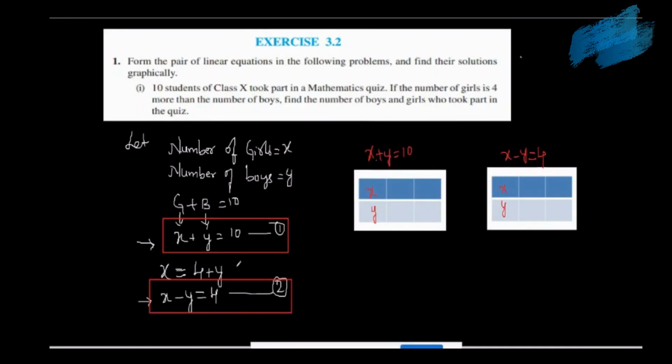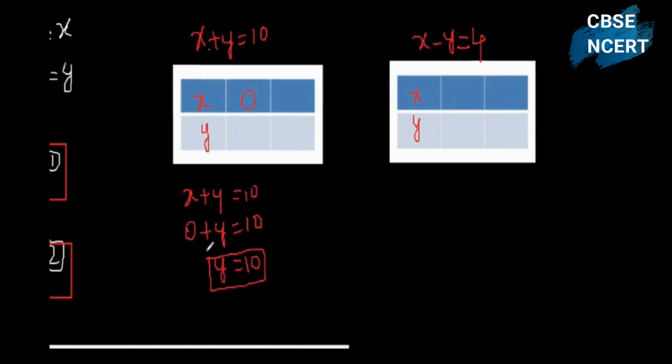To represent a linear equation in a graph, we require 2 points. Minimum we require 2 points; we can take 3 also. So x plus y is equal to 10. I am assuming the x value as 0, then y will be, so we will do a simple calculation. x plus y is equal to 10. I assumed the x value is 0. You can take any numbers, but to make the calculation easy, I am assuming x as 0. 0 plus y is equal to 10. So y will be 10 as the x value is 0.